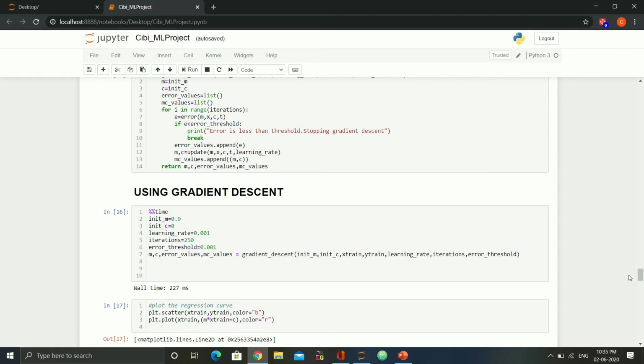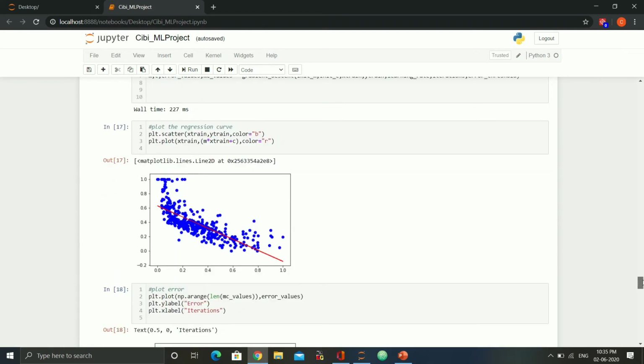We can then plot the graph for the same, with blue as the dataset color and red for the line. We can clearly see that the slope of the line is negative because the attribute which we chose had a negative relationship, that is, LSTAT had a negative value in the dataset.